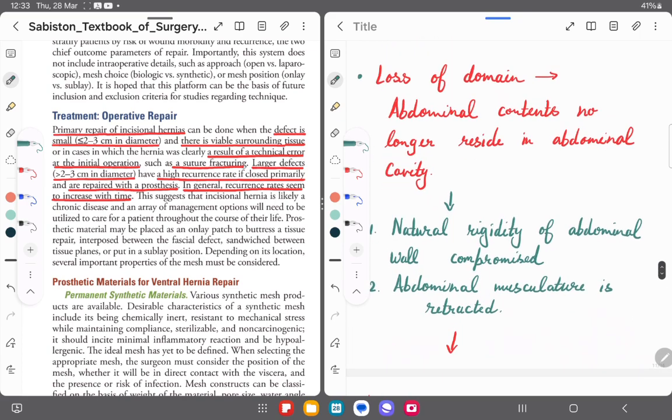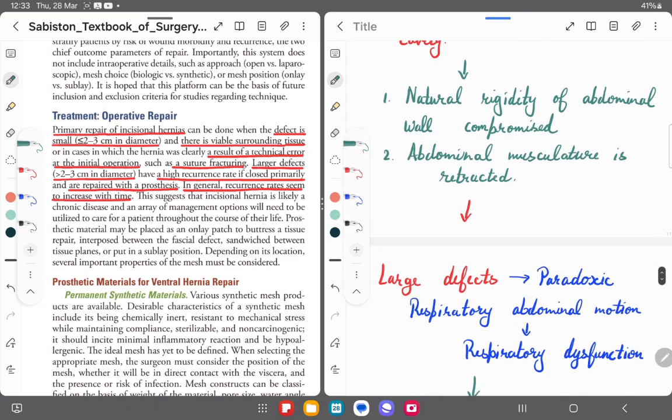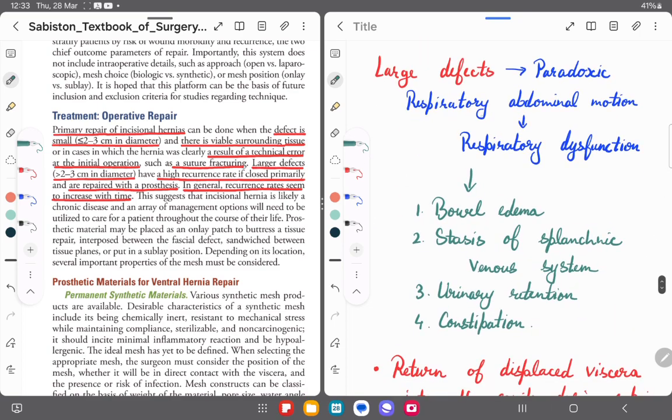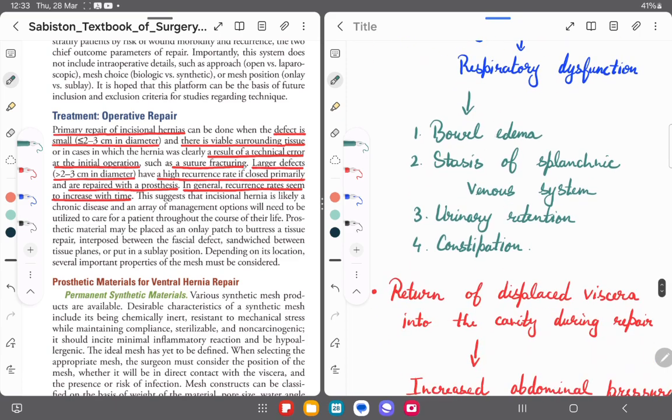Then loss of domain is an important term in incisional hernias. What is loss of domain? Loss of domain is when abdominal contents no longer reside in the abdominal cavity. So what happens when there is a loss of domain? Natural rigidity of the abdominal wall is compromised, abdominal musculature is retracted, and in larger defects a paradoxic respiratory abdominal motion tends to occur, which causes respiratory dysfunction, breathing difficulty, and other things that are caused by